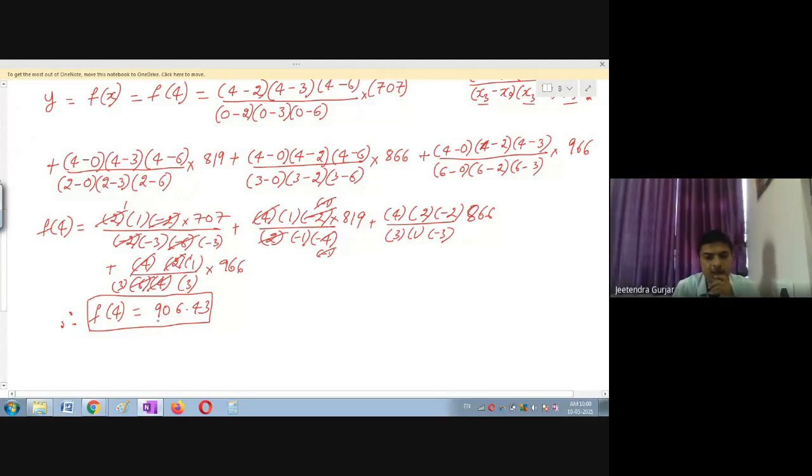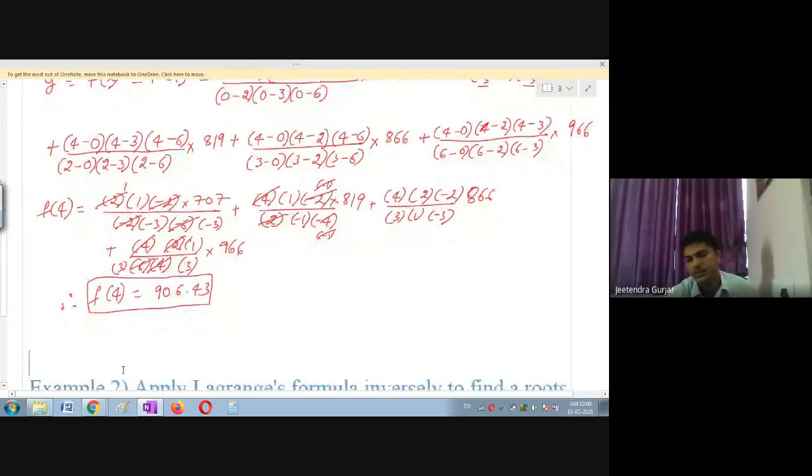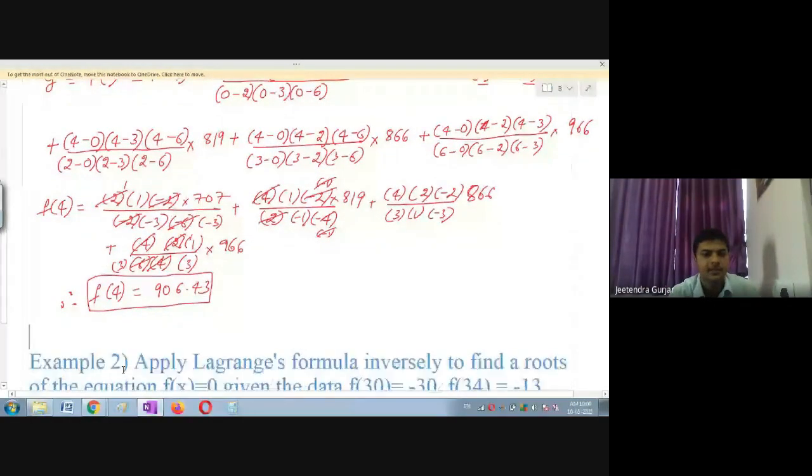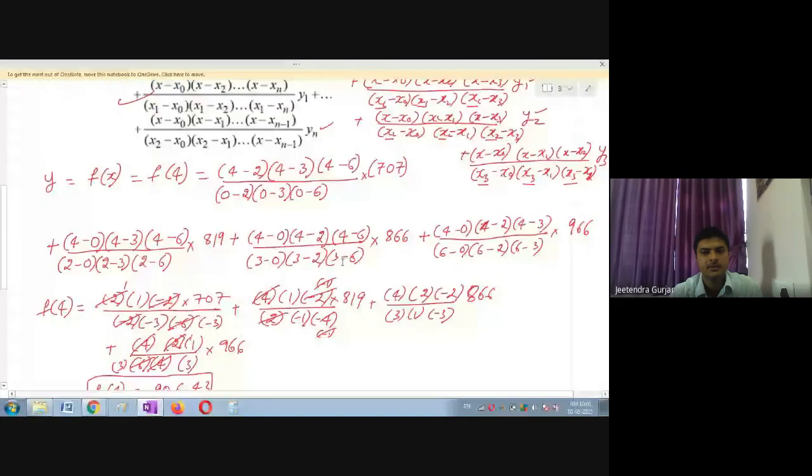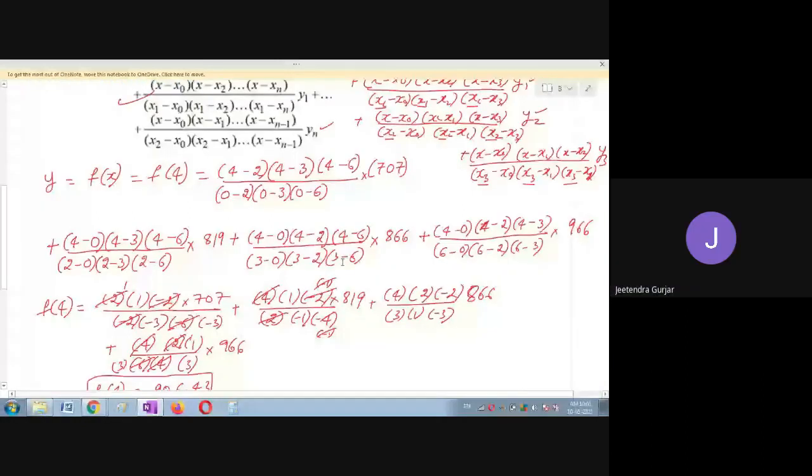Yes, students, is it right? You got the correct answer? Okay. So please do the example, practice the example, then it will be easy. Any doubt in this example, students? Because direct one formula will be given. Substitute the given values. That's it. For unequal interval, this is. Okay. Then we will go to the next example, students.